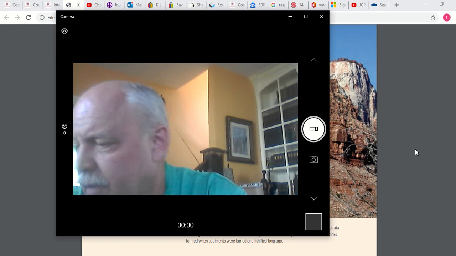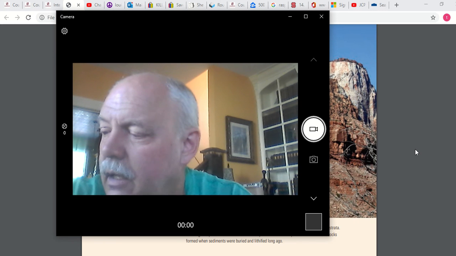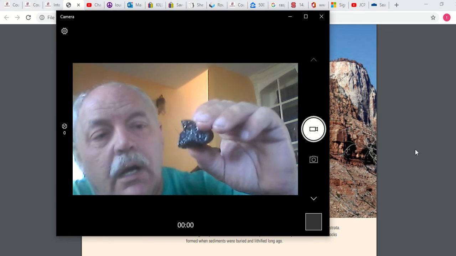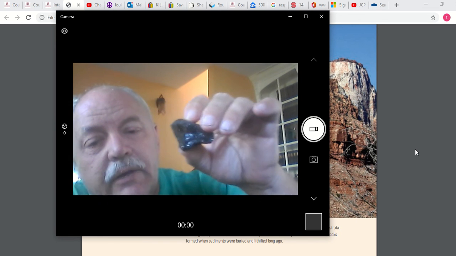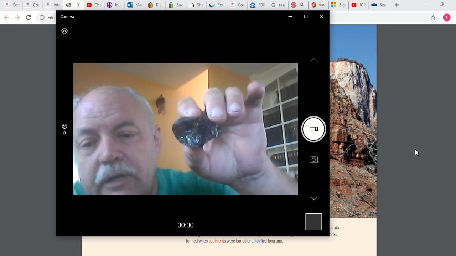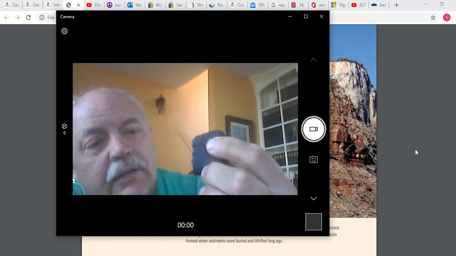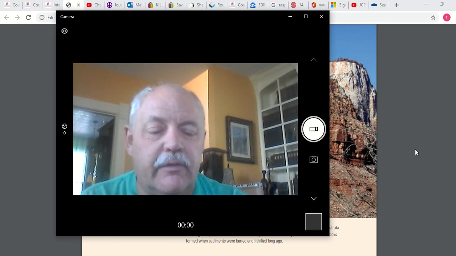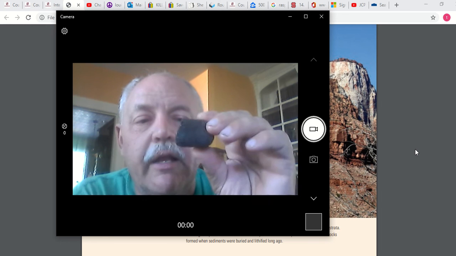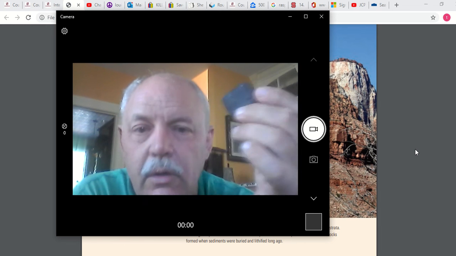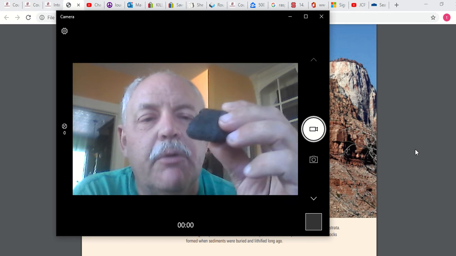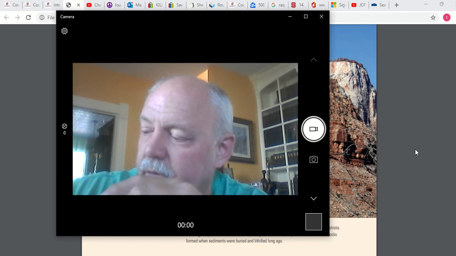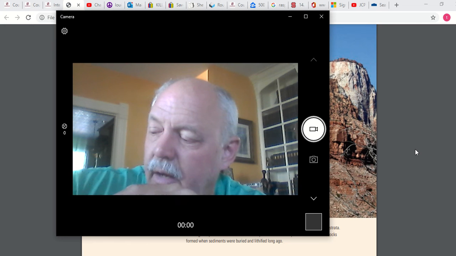Probably one of the ones that we think of the most in terms of organic sedimentary rocks is coal. And there's a piece of coal. We're going to learn that coal is made purely from the carbon of organisms like trees and plants and animals. And because it is carbon, I could actually set this rock on fire. I could actually burn this rock. And so we burn coal for electricity, and we now know it's pretty dirty. But this is a piece of coal that we think of, especially around here in eastern Kentucky, of organic